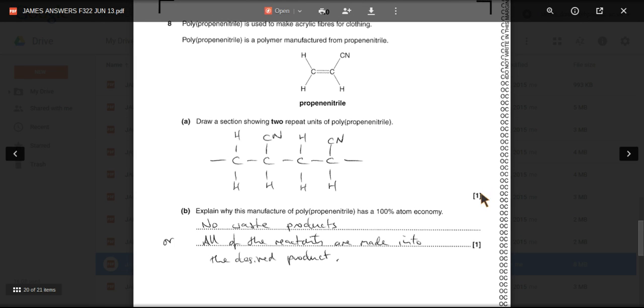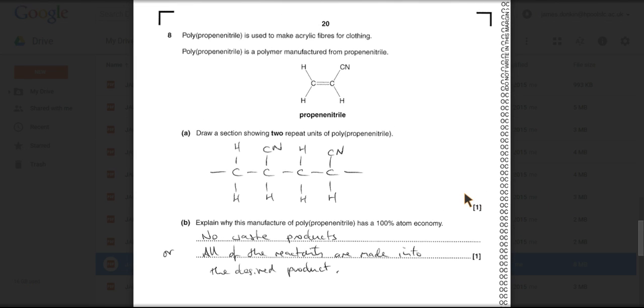Last question on this paper, question 8, testing a couple of things. We've got polymers at the start, and then we've got equilibria, and then we've got rates. So we're given the structure of propane nitrile, and we've got to draw a section of 2 repeat units for